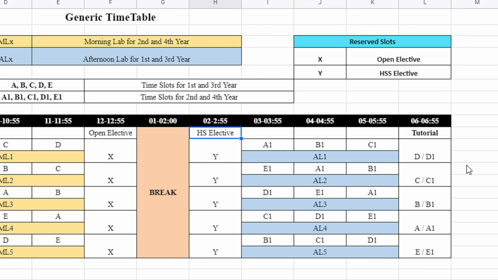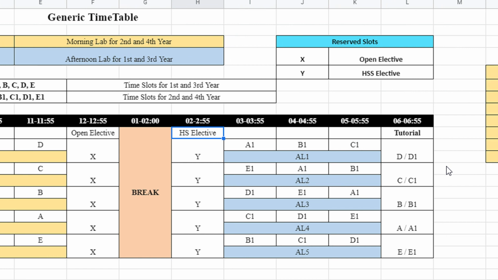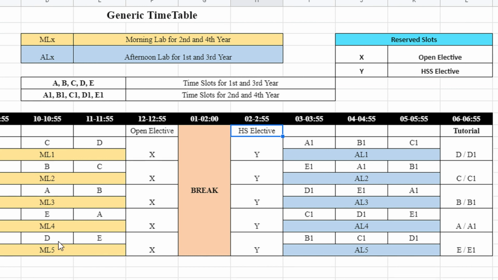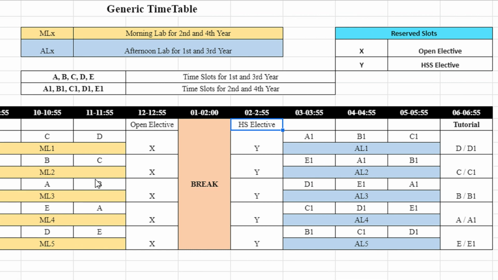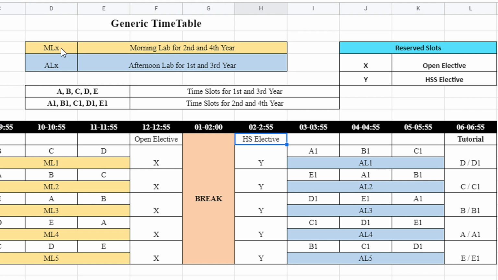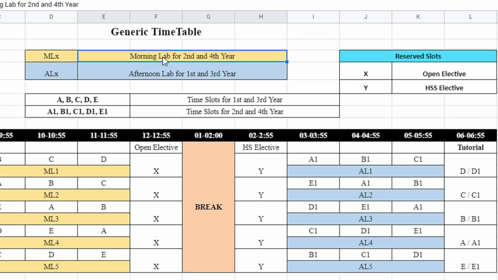And for second and fourth year, the lectures will be conducted in the second half, while the labs will be taken in the morning slot, right? So this is kept in mind with the strategy that there is always a classroom constraint and not all the students can be accommodated to take all the lectures in the first half, right? So every department will have such a slot structure. Fine. So here we have written some reference. MLX is basically the morning lab for the second and fourth year. Of course, it includes the MTech first year also, because BTech final year and MTech first year have common courses.